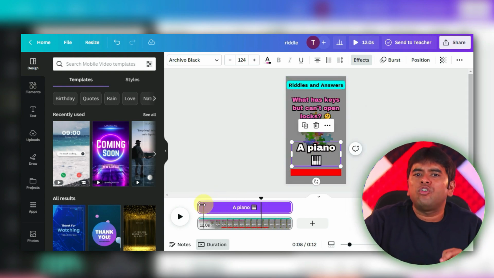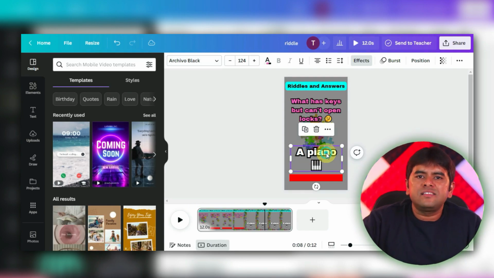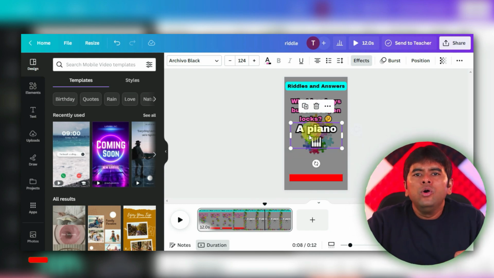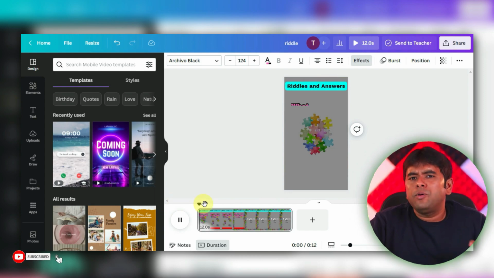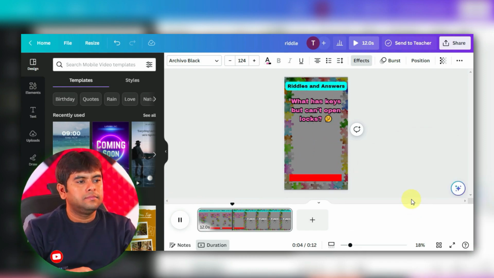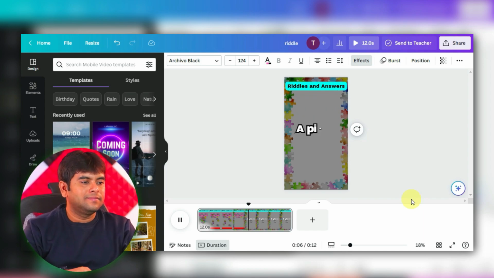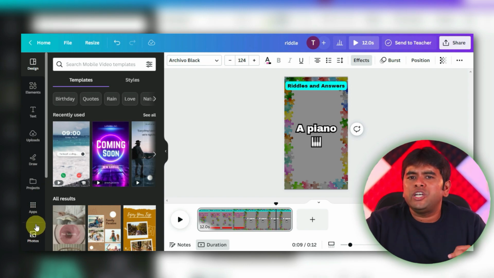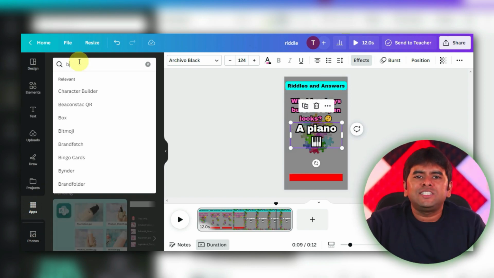Then do the same for the answers. To center the answer, click on it and drag it upward. Finally, play the video to see the adjusted timing and positioning in action. It looks good. And the next step is to go to the app section on the left and search for bulk